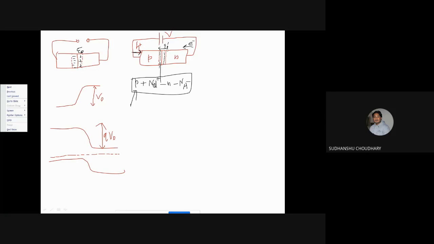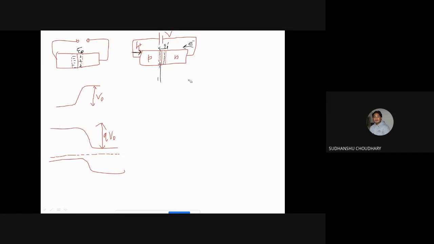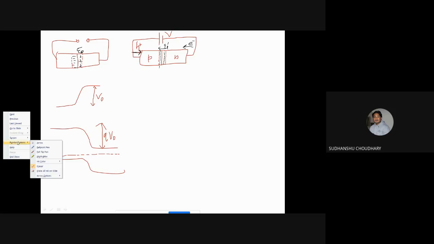Now you have an electric field profile which is different from the equilibrium electric field, and also the built-in potential across this junction will decrease because of the shrinking of the depletion region. So that means the total built-in potential should decrease. The total built-in potential profile can also be drawn then. So it has reduced now, and one can draw it.